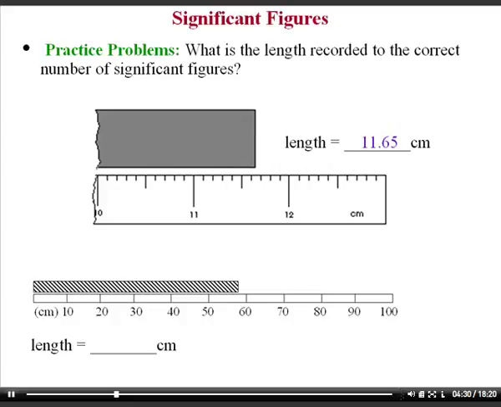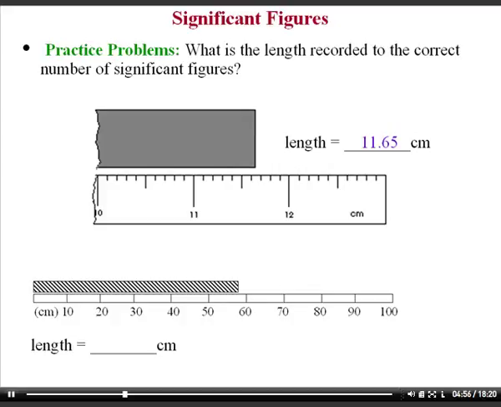The 5 is our last significant figure because that was estimated, where we read in between the 0.6 mark on the ruler and the 0.7 mark on the ruler. Now it doesn't really matter if you said that it was 11.64 centimeters. You still have those 2 decimal places appearing in your final answer for a grand total of 4 digits or 4 significant figures. The next ruler doesn't have as many tick marks on it, so you have to estimate between